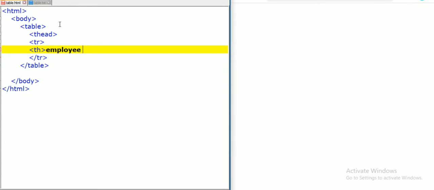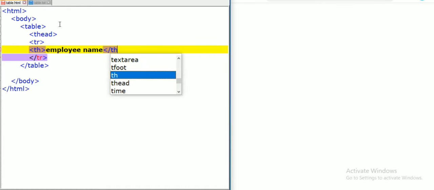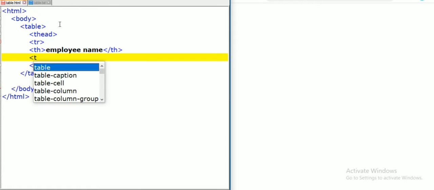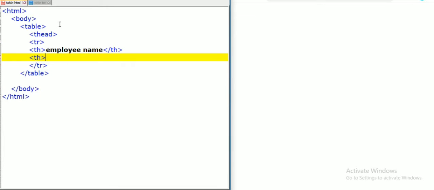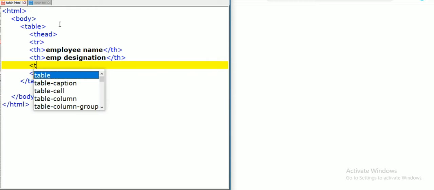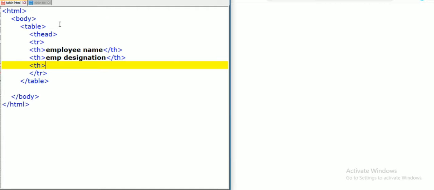Employee name, end of th. Next content will be th, employee designation, th, and next one salary. Here should be the end of th.